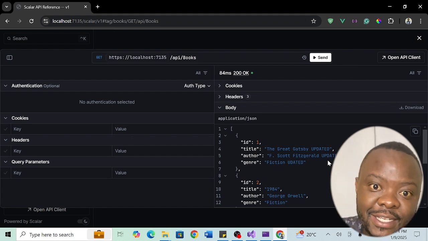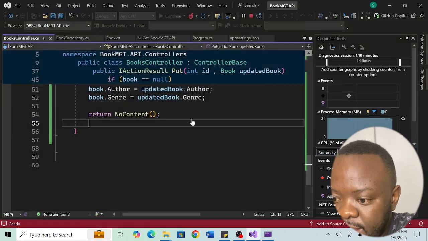The last one is the D, which is delete in both cases, right? Sweet. So we'll go to